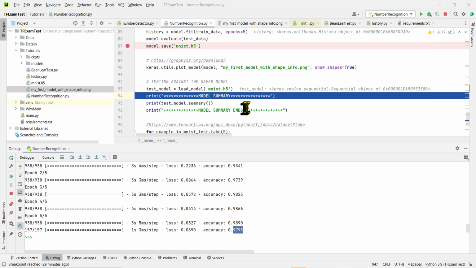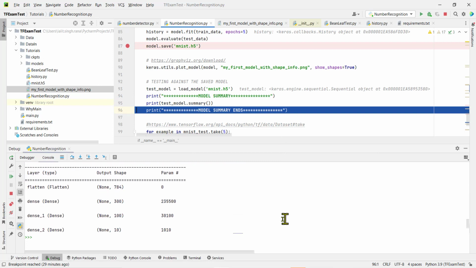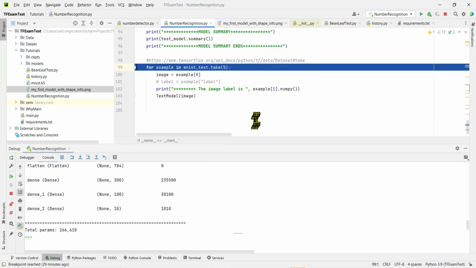I do a F8, and it shall print the same summary which we saw earlier also. The loaded model, because it was saved this way, so the saved summary is the summary which we are seeing here also. Now, what I'm doing is from the MNIST data set, the test data, I'm taking first five images